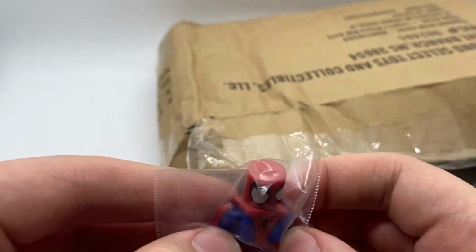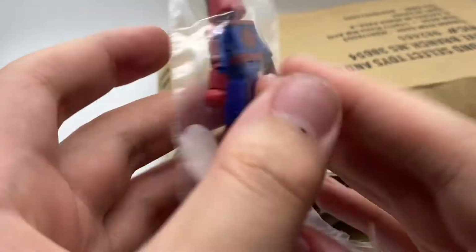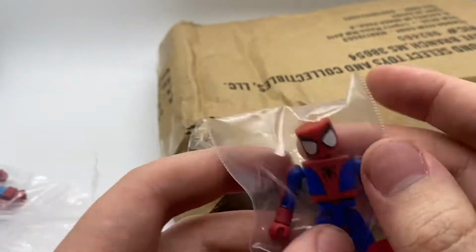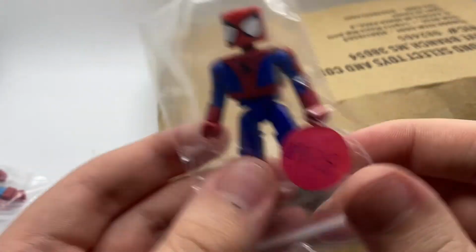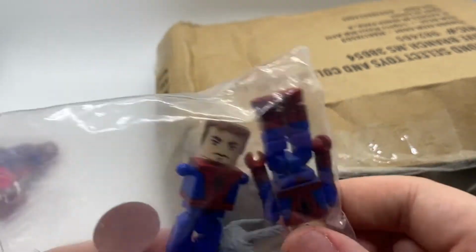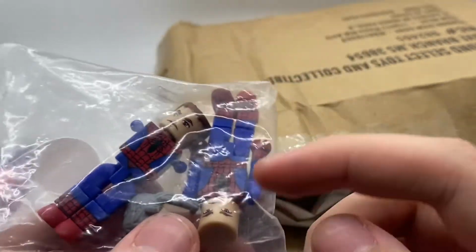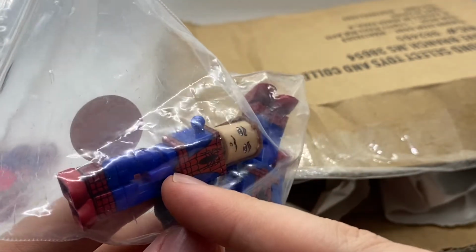No. So I ordered this guy, and I kind of wanted just a regular comic book Spidey to go along with Ultimate Spidey, because Ultimate Spider-Man is the Minimate one at least, he doesn't have the webs, it's kind of his own design. So I was like, I'm gonna order a traditional Spider-Man. I've got plenty of heads lying around, I can probably make a normal one. So they sent me this, and apparently, because I ordered just this, but with that head, they sent me a spare Minimate body